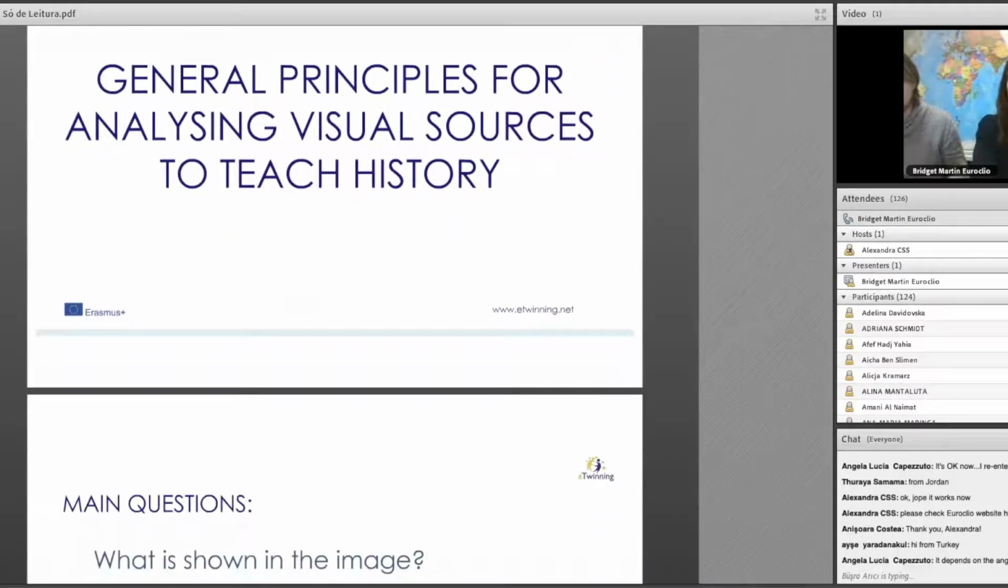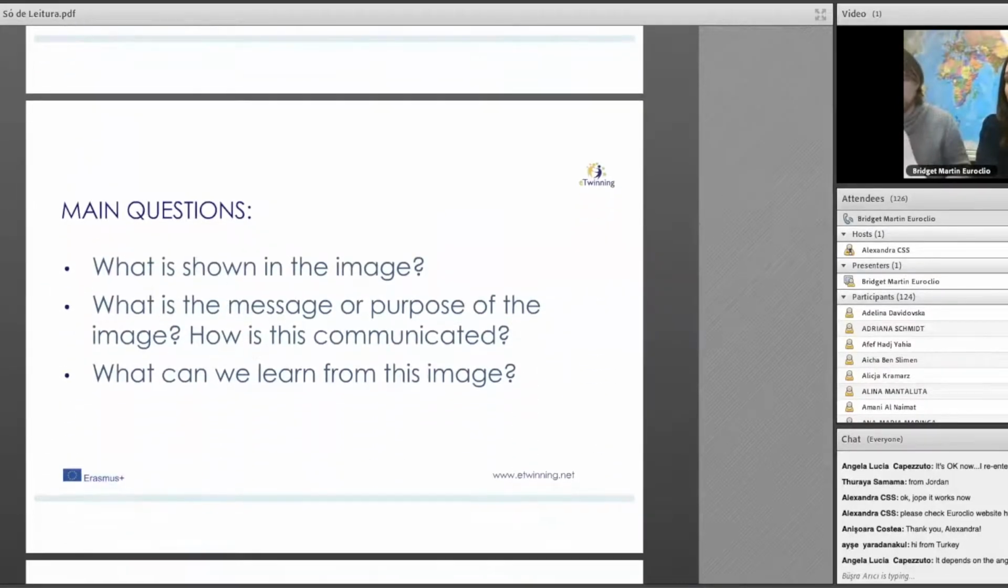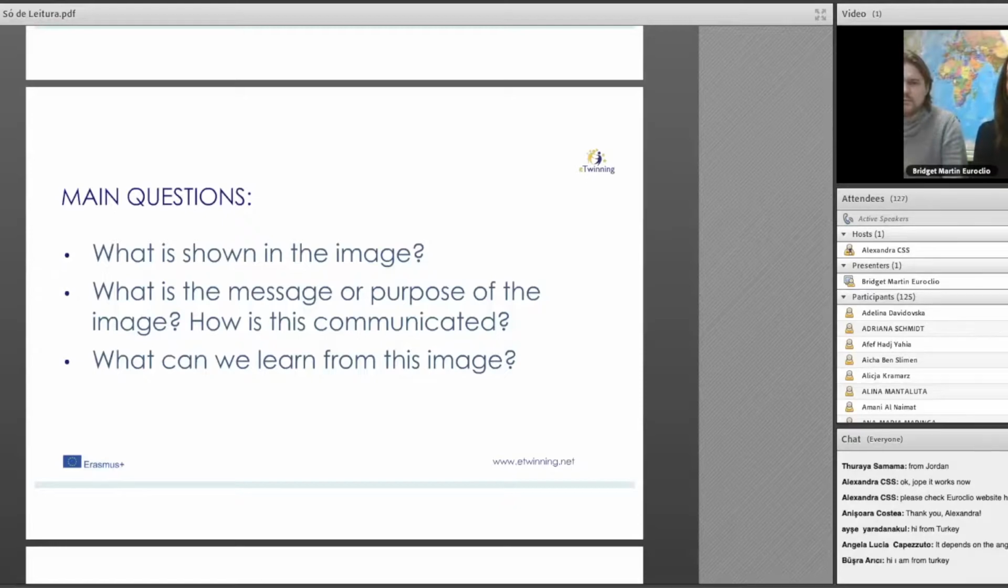All right, so what are some general principles that we can use to help students analyze visual sources in order to teach history? So the main questions that I think we should always focus on are what is shown in the image, so what do we see? What is the message or the purpose of this image, and how is that communicated in the image? And what can we learn from the image? So particularly in the study of history, is there actual knowledge that we can gain about a particular time or people's experience of that time that will help us